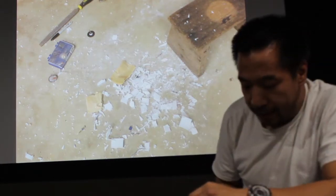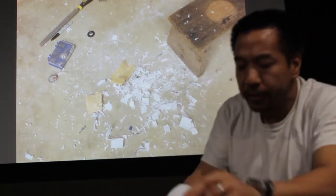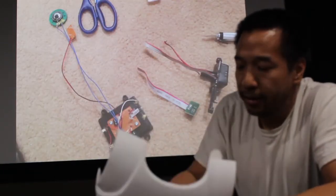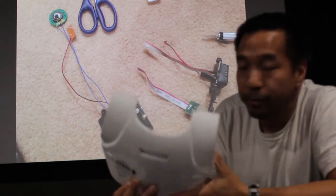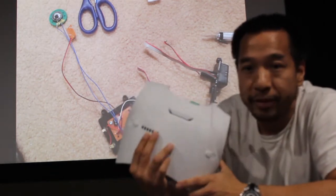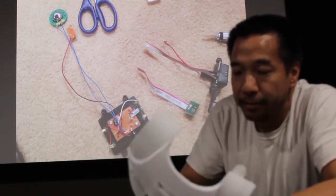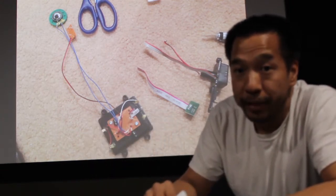Now, part of the things that I wanted to do: the figure itself actually came with a sound chip with a motion sensor that played sounds from the movie, and I wanted to keep that. I thought it was a cool feature and something that should be kept in. So,